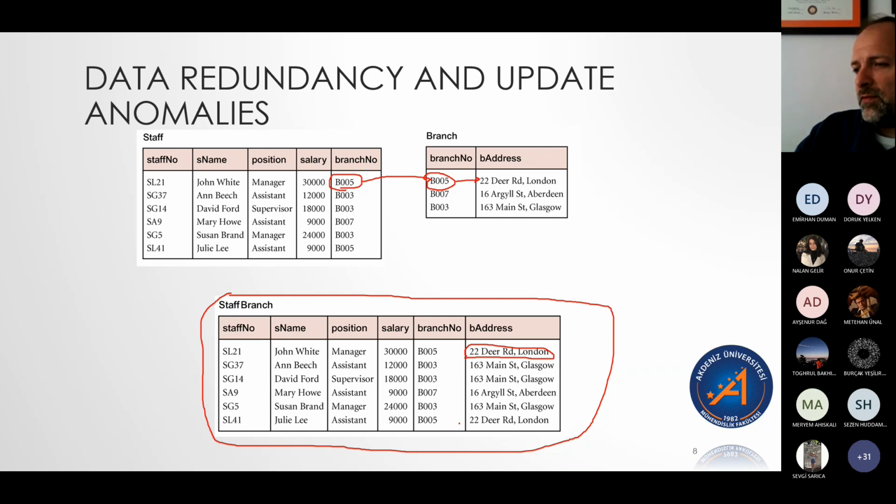Notice that B005 shows up twice. B003 shows up a few times. So what happens if, and let's see, who's the manager of B003? Susan Brand. Okay. Susan Brand calls us to a meeting and says, okay, so B003, our branch here at